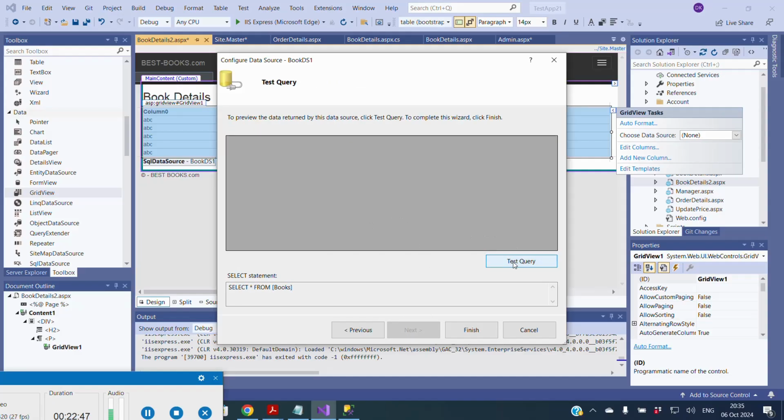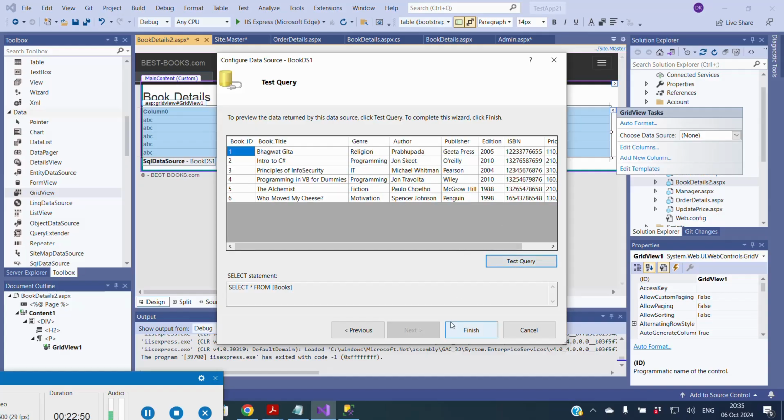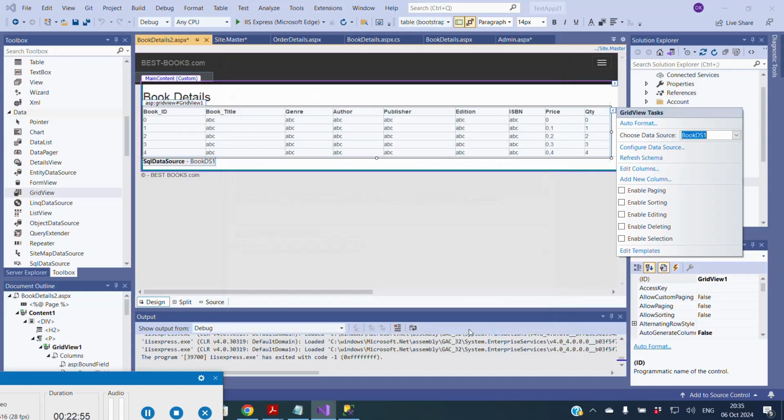You can test your query. Since we have selected all the records, we'll see all of our records are available to us. And we're going to click on finish. Next, what we have seen here is that automatically our data source is being loaded into the page. So your page automatically has an object of the data source. This is a book data source that we have created just now, and it has been loaded into your web forms automatically